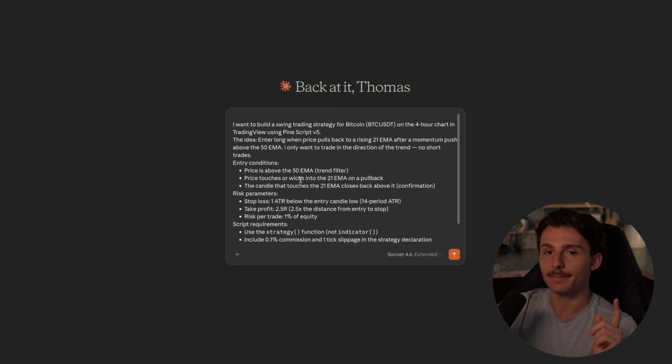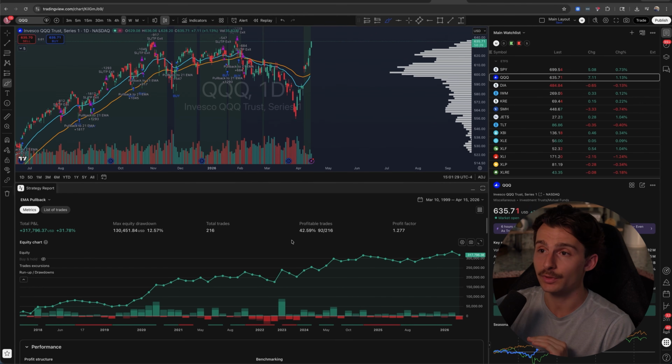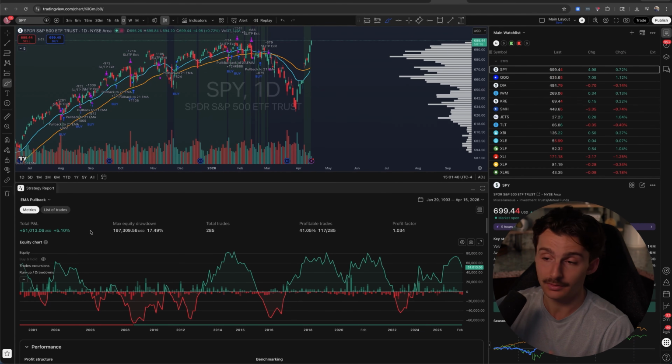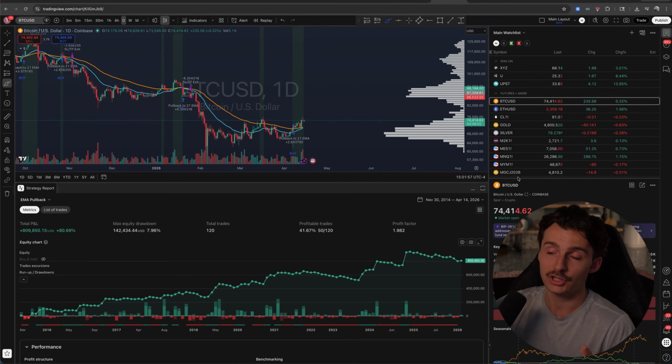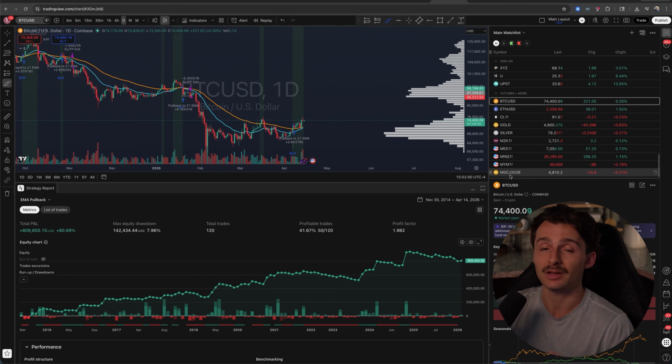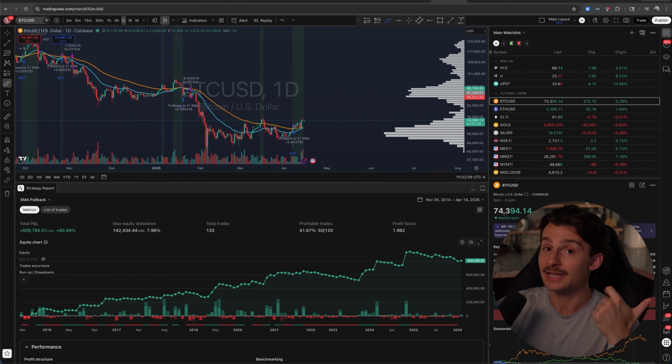Now, here's an example of a better prompt we can use. And here's what happens with no edits on QQQ. All of a sudden, we now have a profitable strategy. Checking SPY, not as good as QQQ, but better. And for the asset that we truly designed the strategy behind, substantially better with a pretty solid up and to the right curve that we can work with. It's the same AI, different prompt, and you're going to get substantially different results.